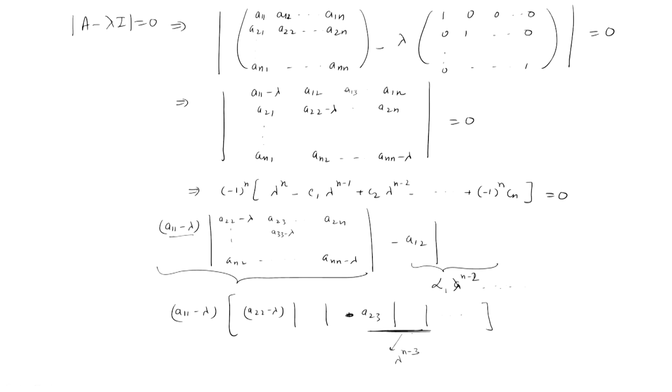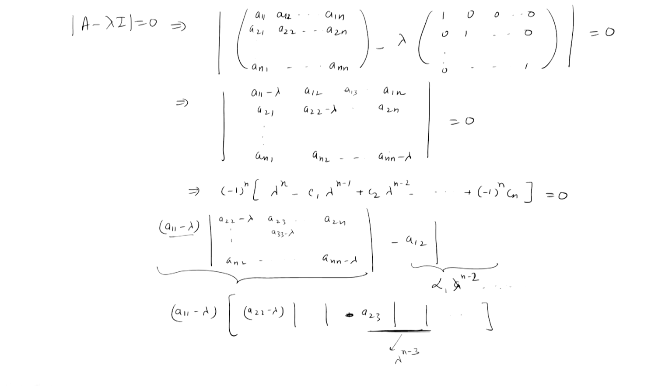So, what I want to say basically is that when you similarly expand the entire determinant, lambda raised to power n and lambda raised to power n minus 1 are only coming in the product of the diagonal elements. When you similarly try to expand this entire determinant, lambda raised to power n and lambda raised to power n minus 1 are coming only from the product of the diagonal elements. And the lambda raised to power n minus 2, lambda raised to power n minus 3 are from all the other components, all the elements. So, that means